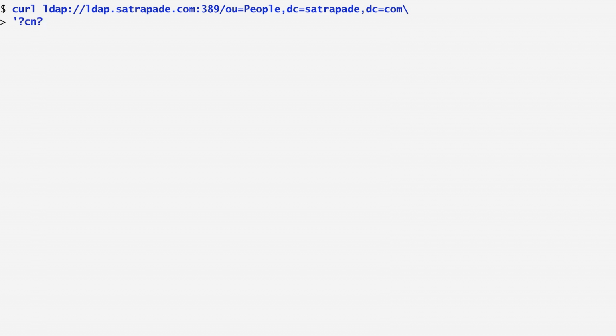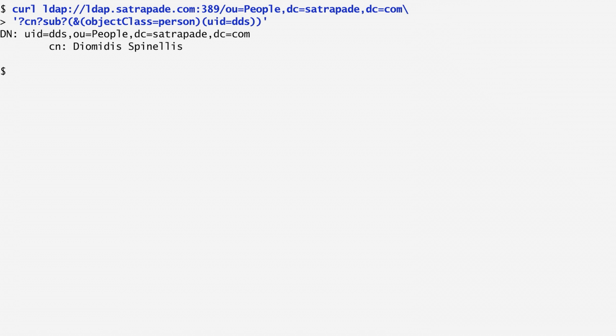To fetch data from an LDAP store, we pass as an argument to the curl command a rather unusual URL. This does not follow the HTTP protocol, the usual way to fetch data from the web. Instead, it follows the LDAP protocol, which is used to fetch data from a directory. After that, we specify the relevant arguments and the query we want, which sadly has a tricky syntax.